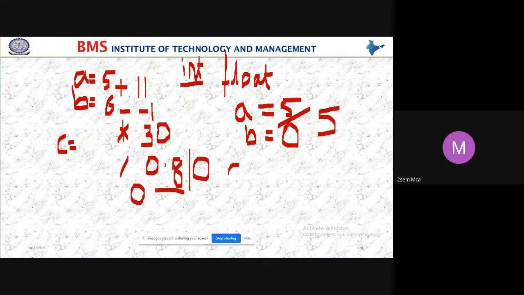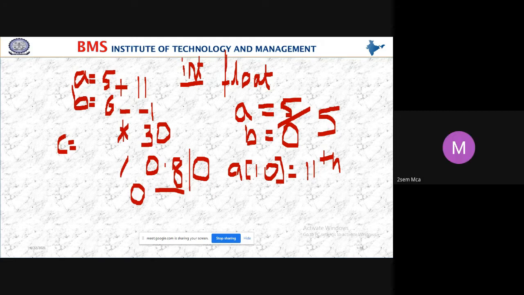Or sometimes what happens, I declare an array variable with the maximum size 10. If you try to insert the 11th element, then what happens? Will it take, students?